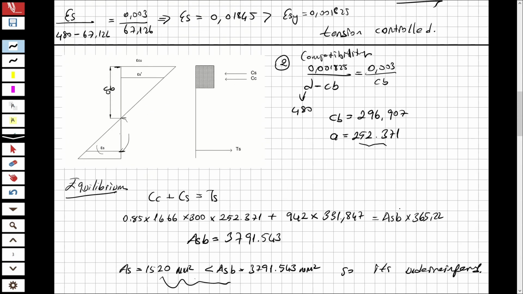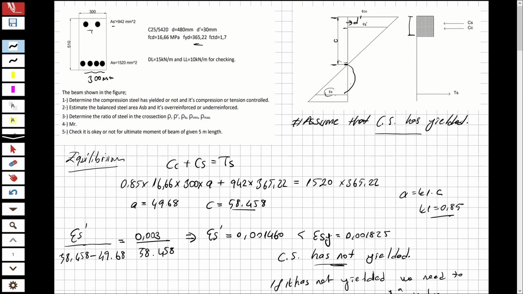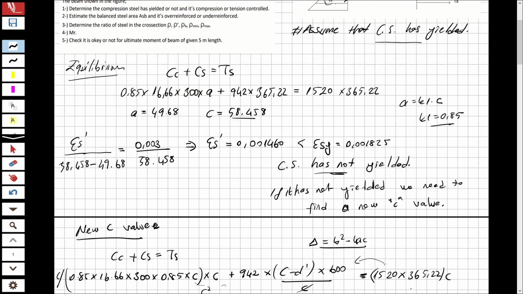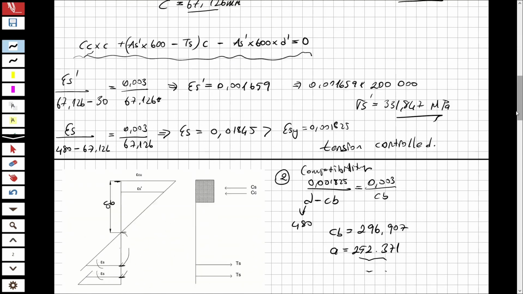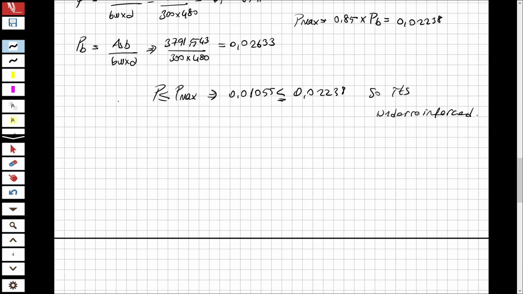Let's find the fourth part. What is the fourth part? The fourth part asks: let's find the MR. What is MR? The moment that can be carried by this cross section. So let's find it. Let's go to the bottom of the page. I'm going to write it here. Fourth part. For the fourth part,